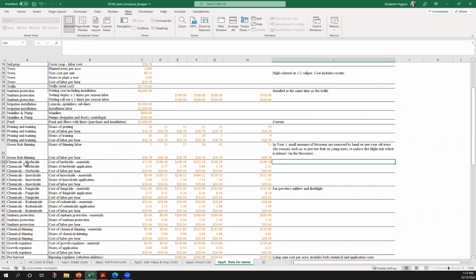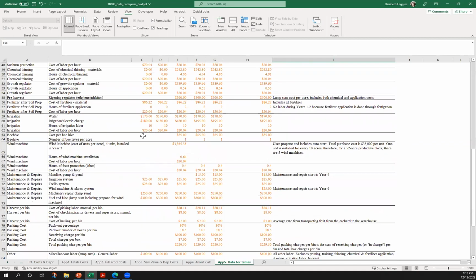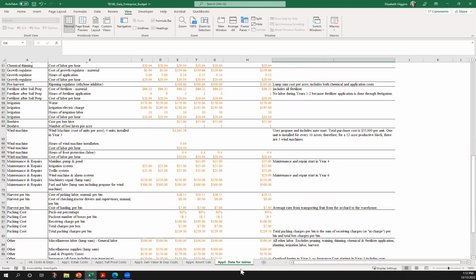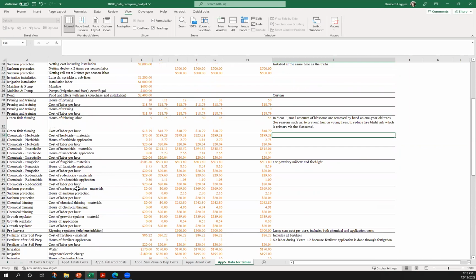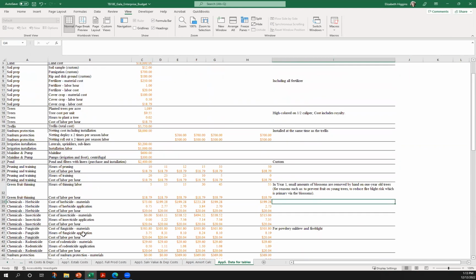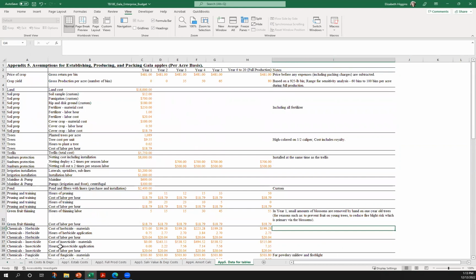You could look at your herbicides and make a note here of exactly what your assumptions were as far as your herbicide materials, what materials you are using, and what rates you're assuming, and then change the totals here instead. My point is that by adapting this for your system, you can have it flow through and have an enterprise budget without having to create a whole new spreadsheet.